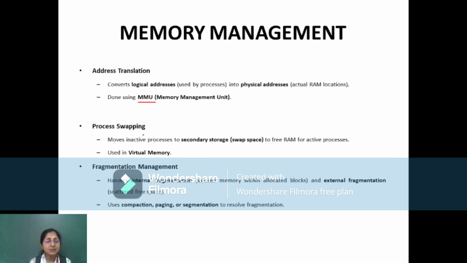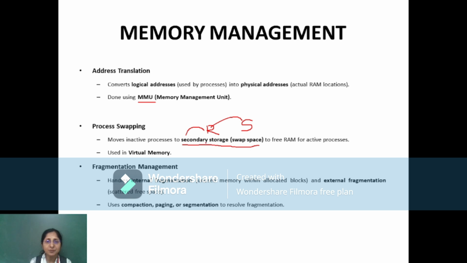Next comes process swapping. So as I mentioned earlier, sometimes what happens, the process is not fully completed. The process is waiting for its input-output operations. So in that case, the process is still in the RAM, and maybe some other process wants to come to the RAM so that it can get executed inside the CPU. So in that case, the process which is residing in our RAM has to be copied back to the secondary storage till it comes. Okay, the process is there.